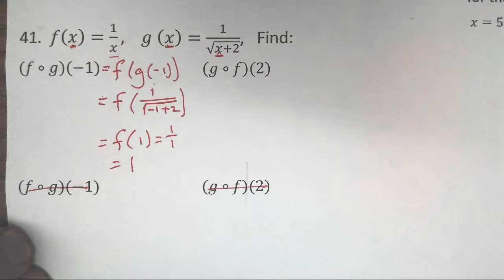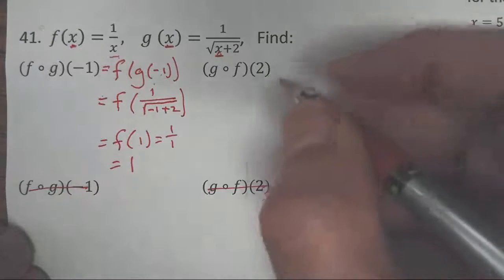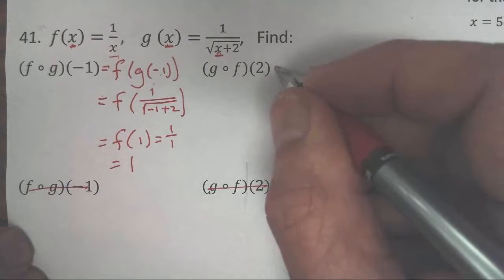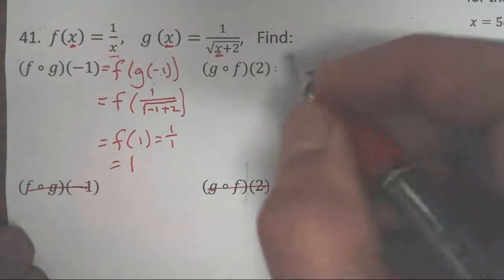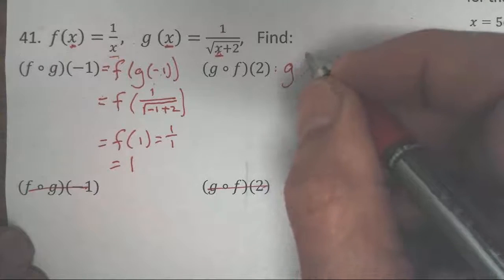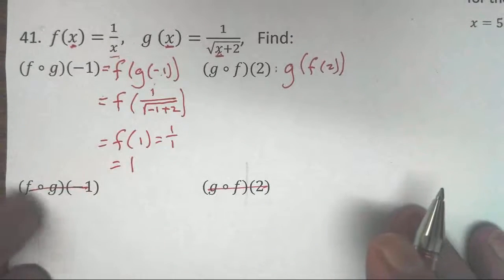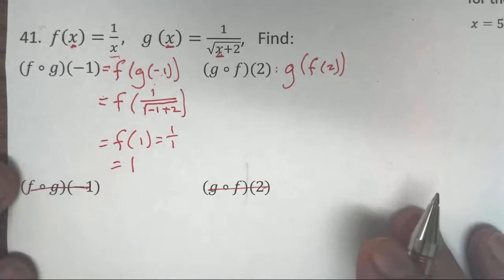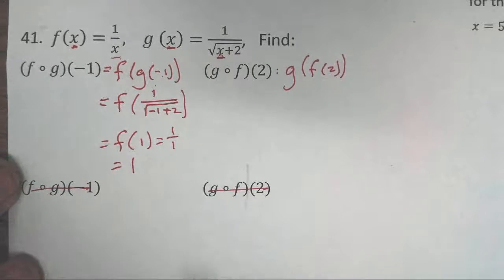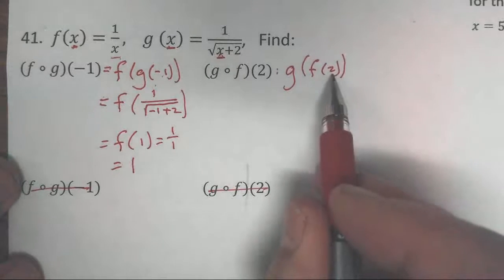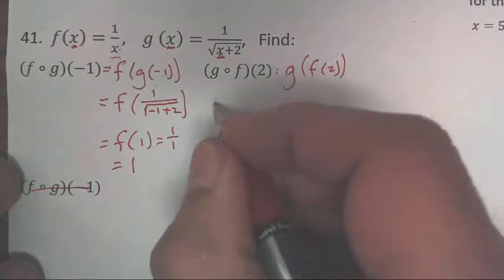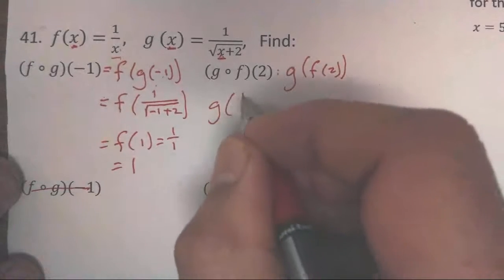Okay. Probably be a really good time to pause this and just go ahead and try g of f of 2. Okay. So g of f of 2, and it becomes pretty clear what I do. There's going to be a little bit of cleaning up that has to be done on this problem in a little bit, but let's go ahead and start that process. Putting 2 into f is easy enough. I get g of